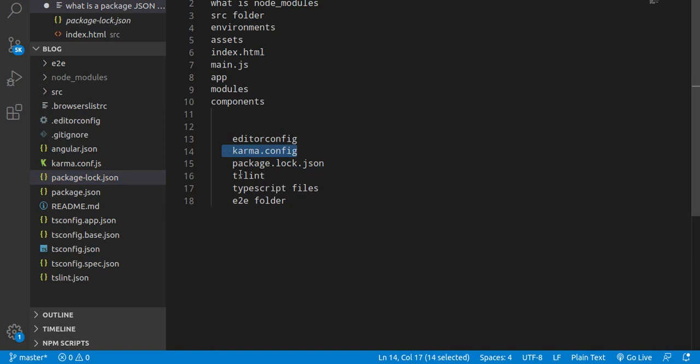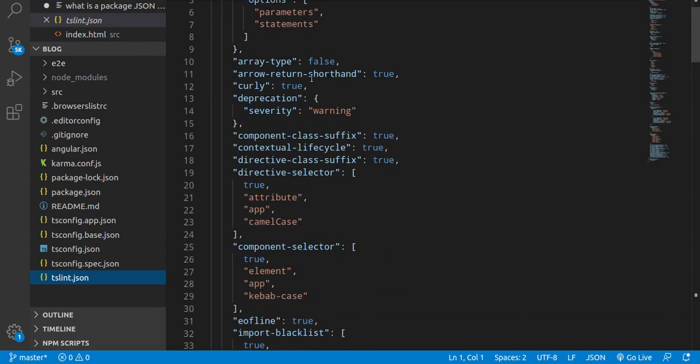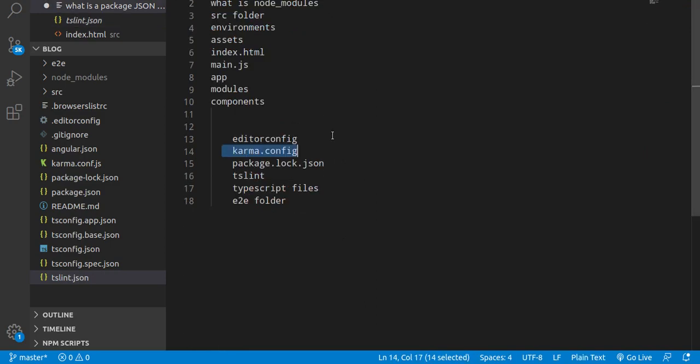Then tslint. It will tell how we should use TypeScript, right? If you are using some wrong way, it will warn us, and sometimes it will give an error so that we can make it perfect, right? It will tell where we have to use let, where we have to use the configuration, how we have to use the functions and all, right? If you want to see that, you can check here. It will ask whether the array type should be used or not, and camel case and everything that we want done, right?